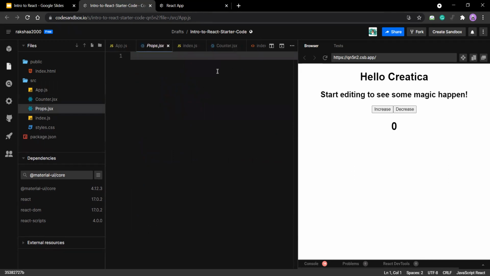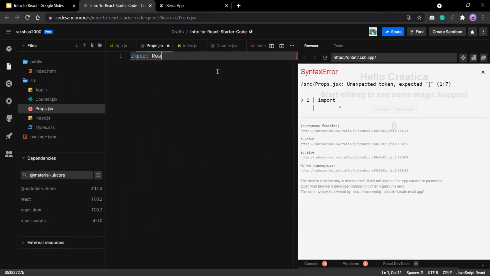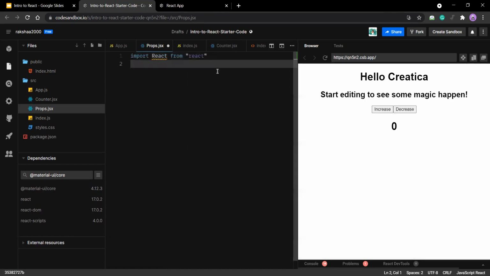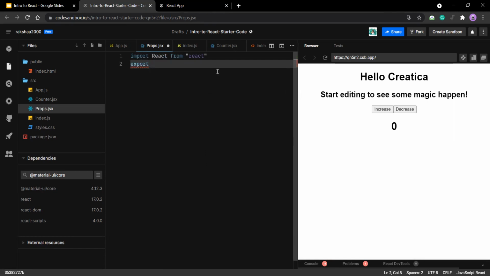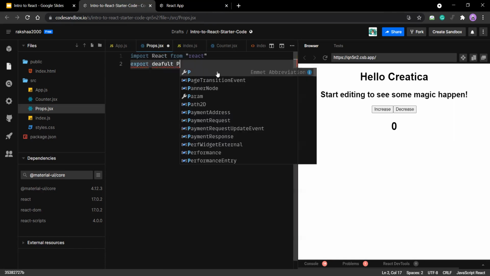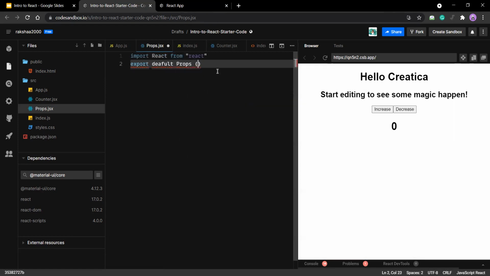Here, we're going to have a function, import React from React, and let's say we have export default. Let's name this props. And over here, we're going to have props equal to